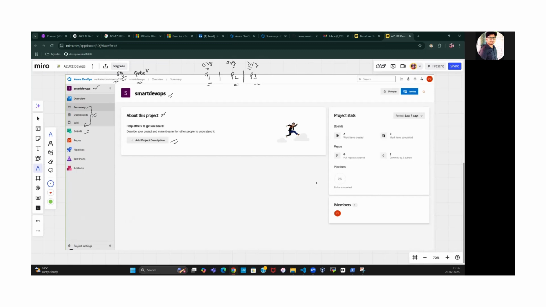As I said, boards is nothing but, when we are dealing with a software organization, we have Agile, we have Scrum. Okay, so this type of thing will be there. For example, we have Scrum, Agile. So these types of practices we are following. Whenever there is a project, if you want to raise any issues, you can start putting those issues on the board. Those issues will be taken up by a DevOps engineer, and they will work on it, and they will